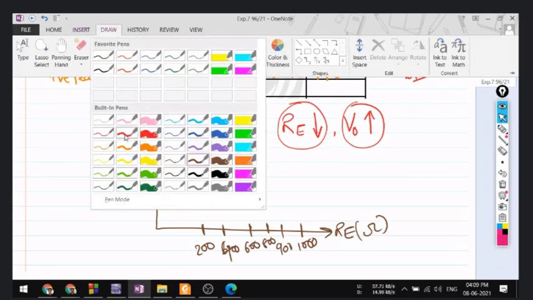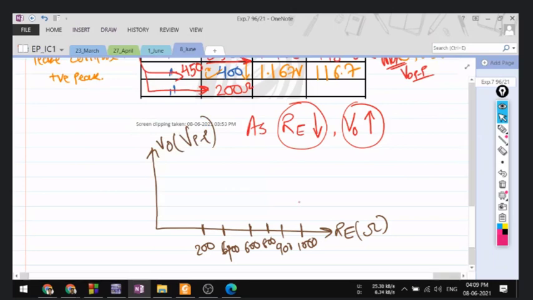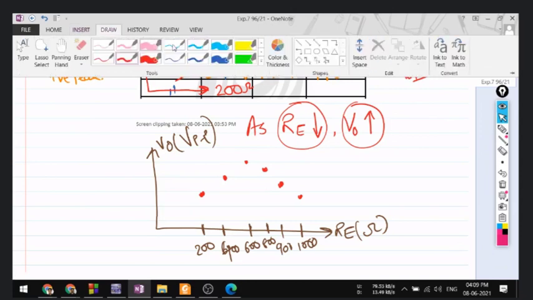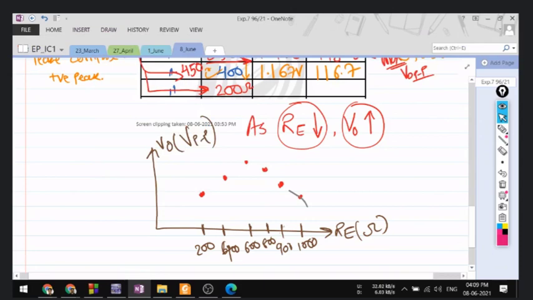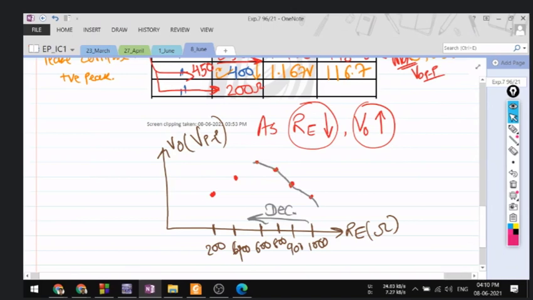Look. Initially at 1000, you are getting 1.2, something like this. Then at 900 your output increases, at 800 output increases, at 600 output increases. Now at 400, your output is decreasing. At 400, 200, it will further decrease. So if you connect all these points, then you will find it. Initially, as you decrease the RE, look, student, you are decreasing the RE, so your output is increasing, increasing, increasing.